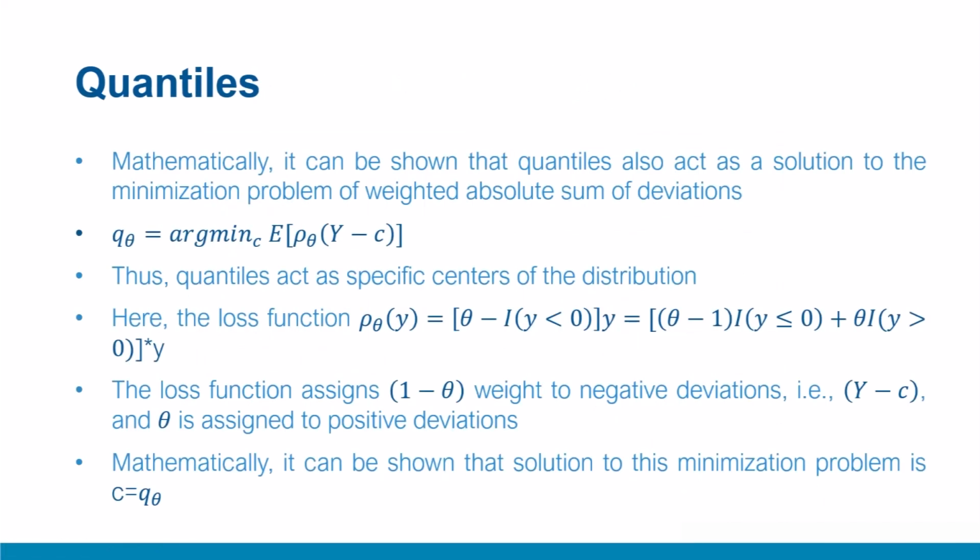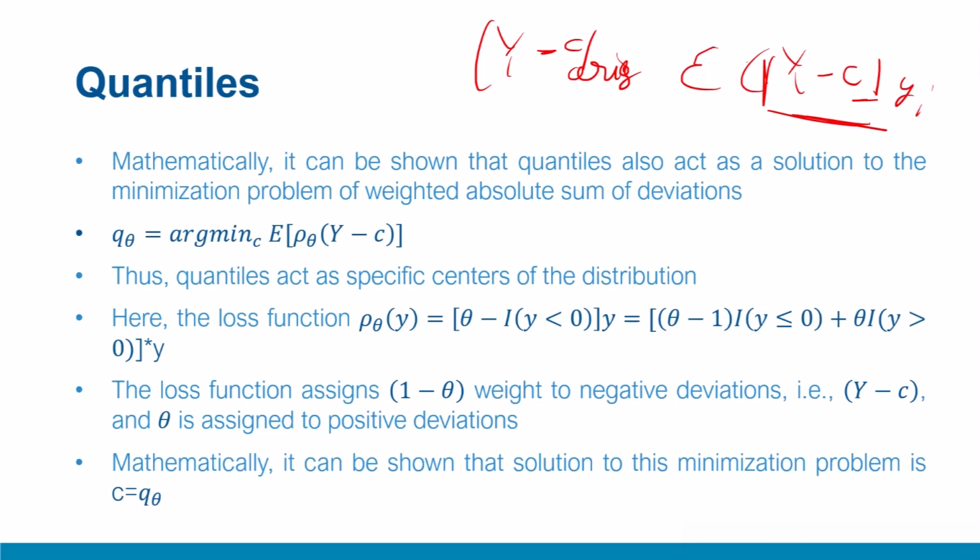So now let us fix the mathematical definitions behind quantile. Recall earlier we defined the median as a problem of minimizing the expectation of absolute residuals from the center. So for example, if y are a set of values and c was that centroid median, the errors or deviations from this median centroid could be obtained as this simple problem of minimizing the expectation of these errors or residuals. Let's call them yi's, or it can also be called mu i, which is the deviation from the center of y values. Slightly elaborating this concept now, quantiles can also be thought of as a solution to a minimization problem of this sort.